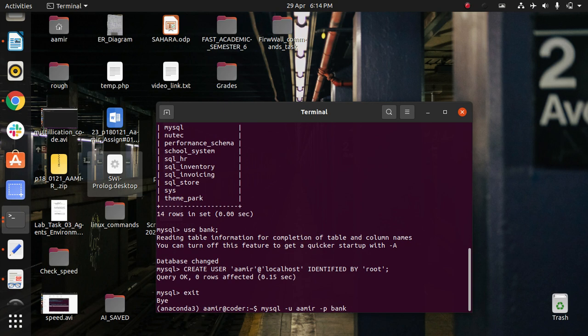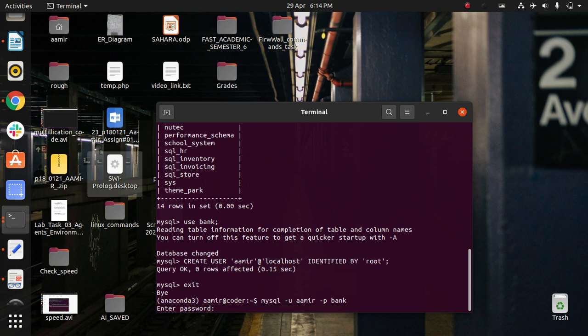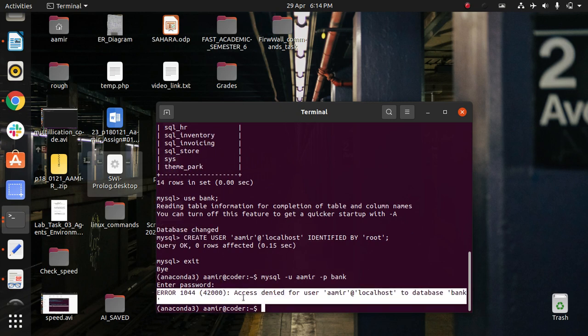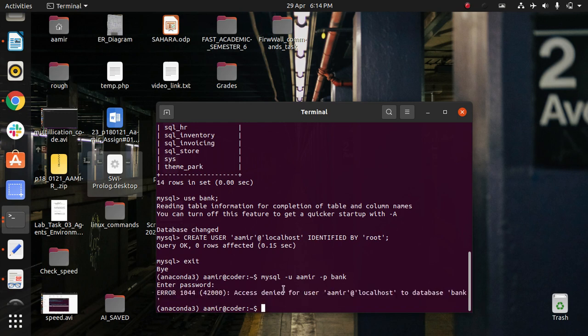Now if I enter the command, I will be asked for a password. My password was root, and I enter it here. I get an access denied error, because by default the created user has zero access, no privileges given to it.